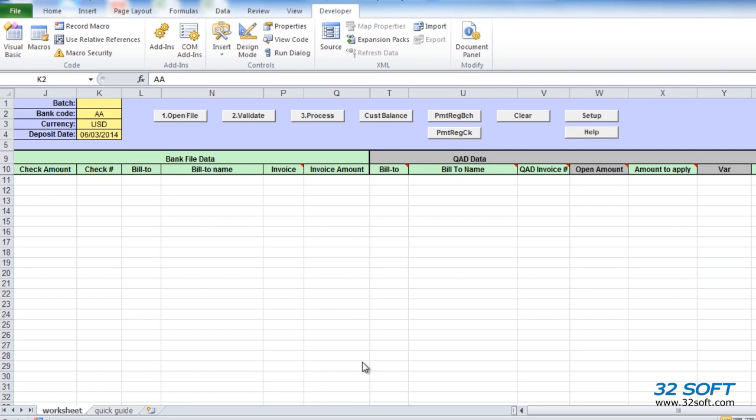32soft data loaders are designed as Excel spreadsheets that allow you to massively create or update data in QAD directly from Excel, reducing maintenance time from hours or days to just minutes. In this demonstration, I will show how you can quickly, safely, and efficiently process customer payments in QAD using 32soft